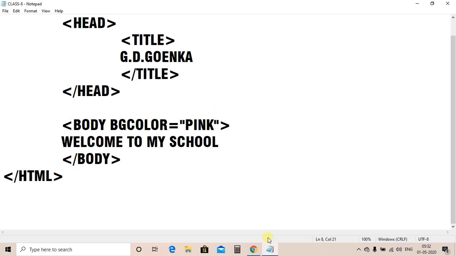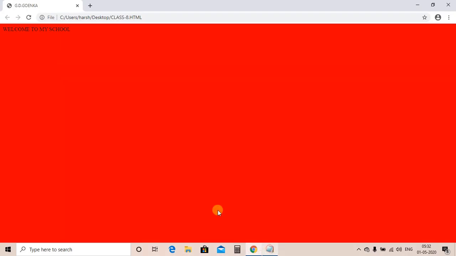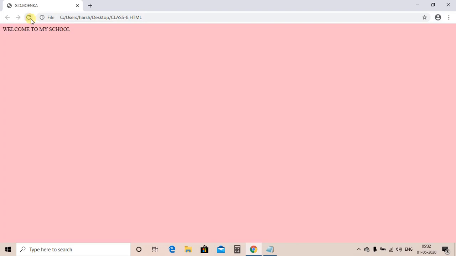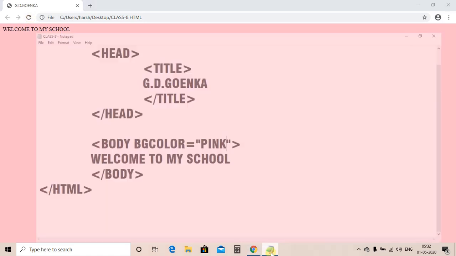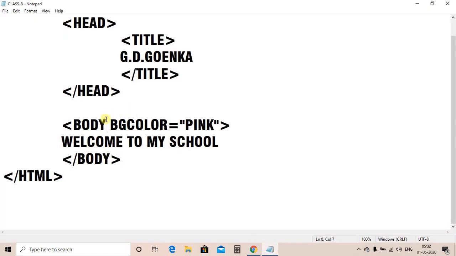Pink. See, is that clear? How you can change the background color of your web page? Just inside the body opening tag, write the attribute BG color, then write its value, that is pink. Is that clear?